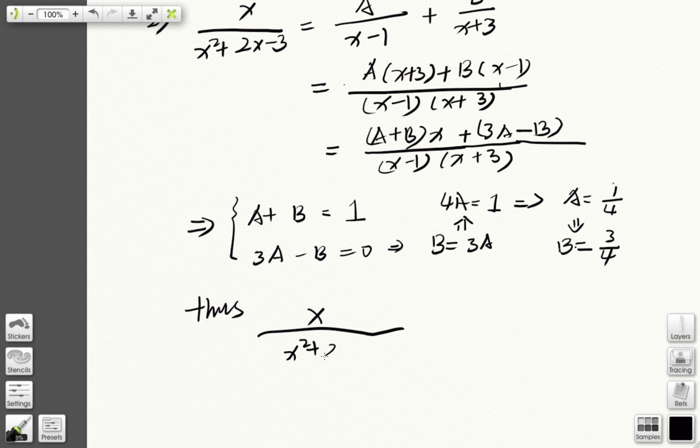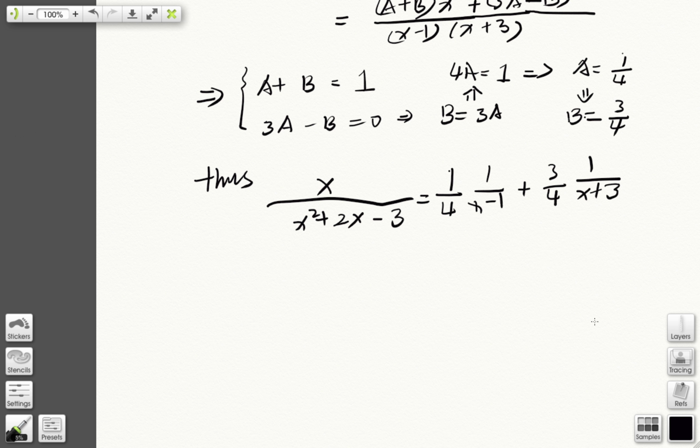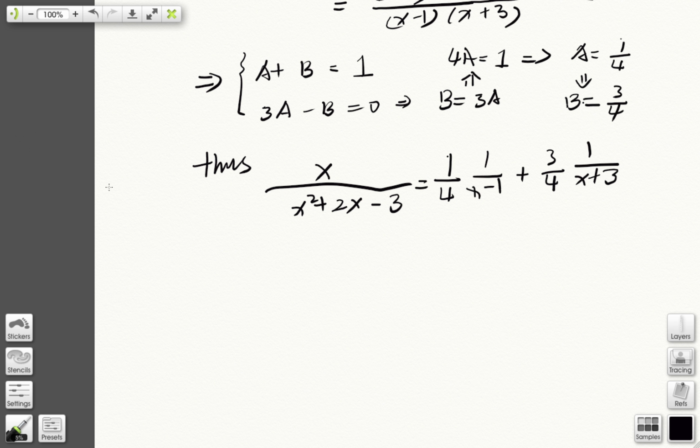x over x plus, this equals 1/4 times 1 over x minus 1 plus 3/4 times 1 over x plus 3. Then we integrate it. So the third step is integrate. The integral of this expression here